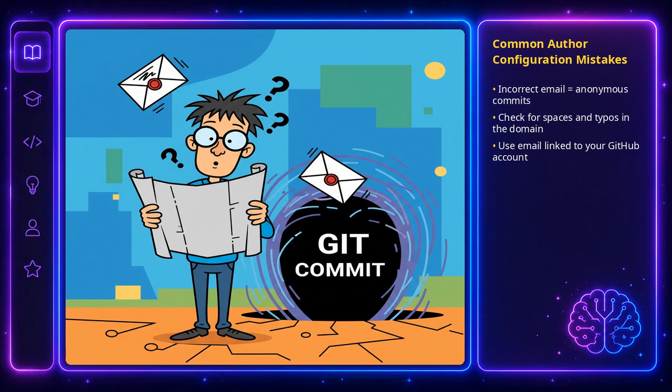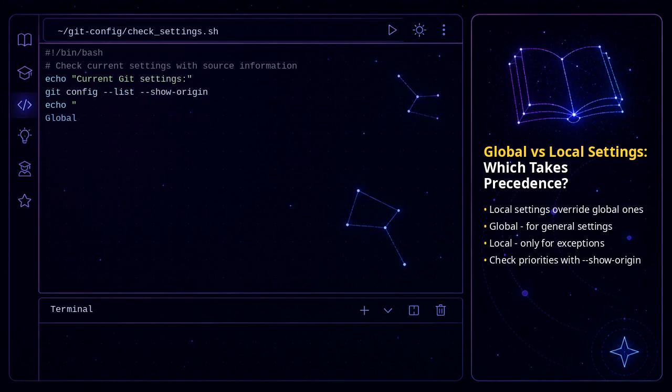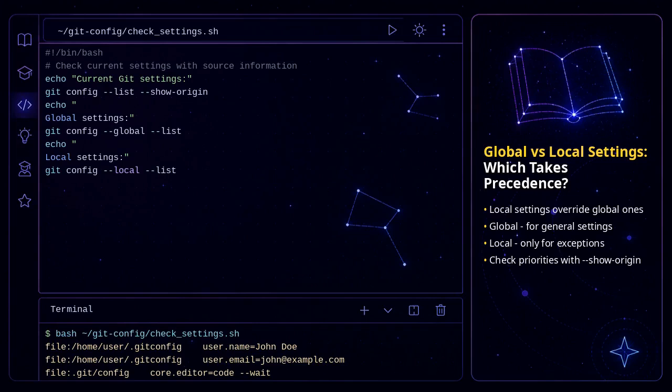An incorrect email doesn't just mean anonymity. It can cause issues with repository access in the future. Local settings always override global ones. This is important to remember. A common mistake is duplicating the same settings in every repository. The correct approach is to set global settings once and use local settings only for exceptions. The command git config --list --show-origin will show you where each setting comes from. This helps resolve conflicts. Remember, global settings are for everything about you as a developer, while local settings are for